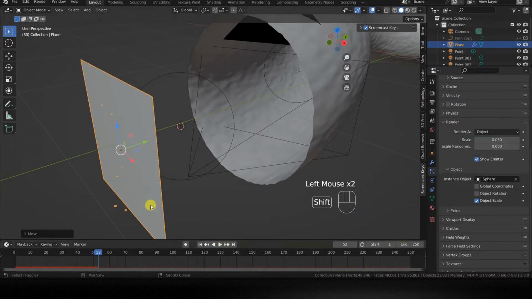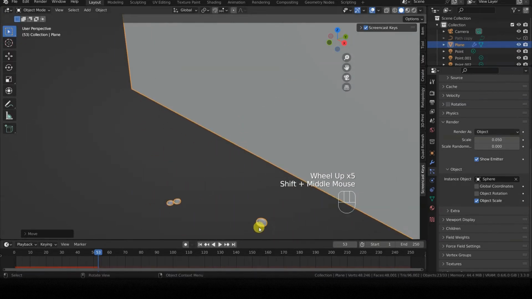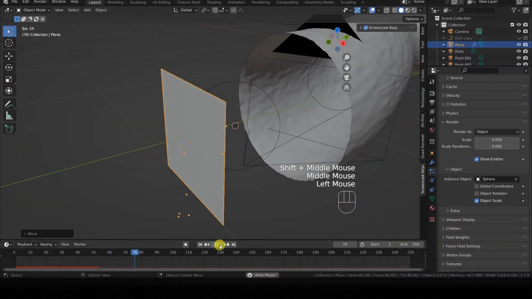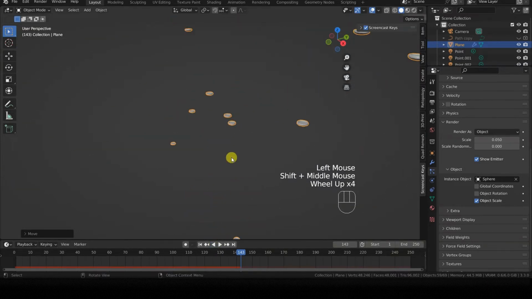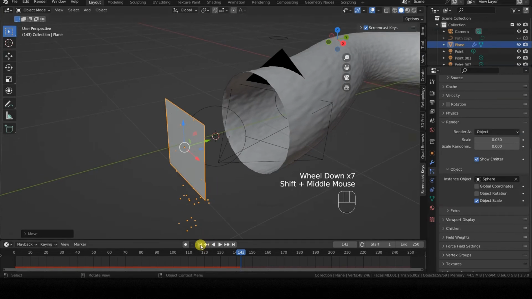Now, when starting the animation, we will notice some things to fix in the generated particles. They have an inadequate size. They fall into the void. They all have the same orientation. They are not projected towards the blood vessel.